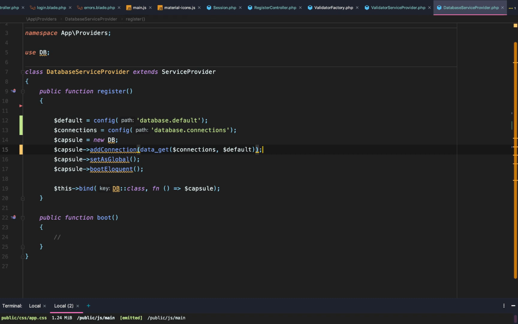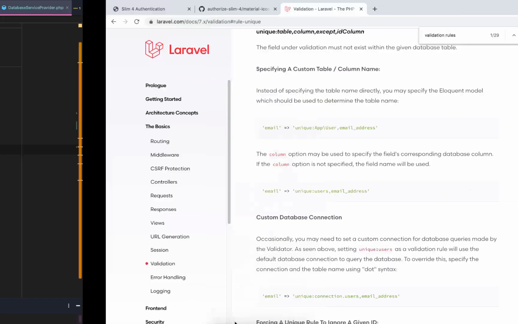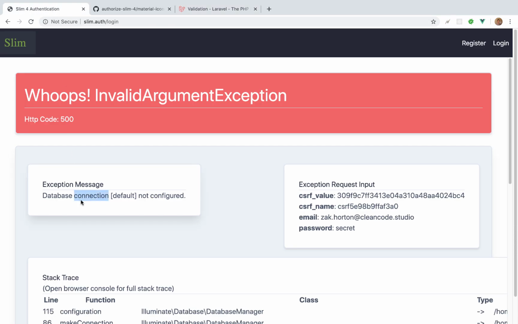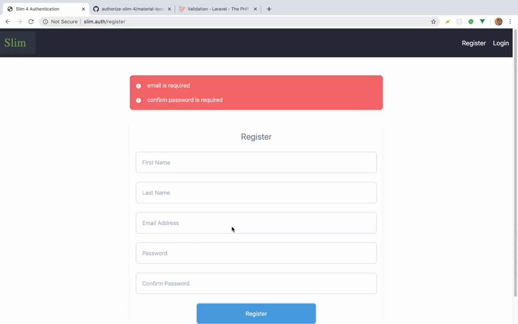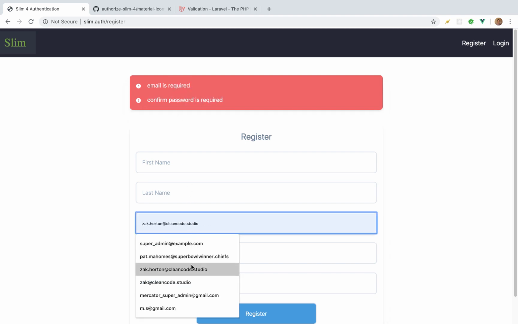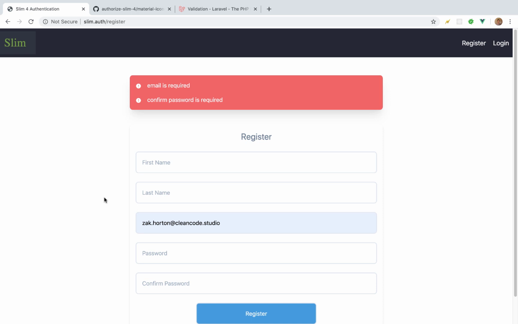All right. So with all of that set up, we should be able to go back. Database connection default not configured. We should have just configured that. So if we try to submit this, there we go. Email is required. So if we fill in an email that already exists, we should get email is not unique, an error similar to that. There we go. And so now we have validation rules or messages, validation rules that can check against our database,